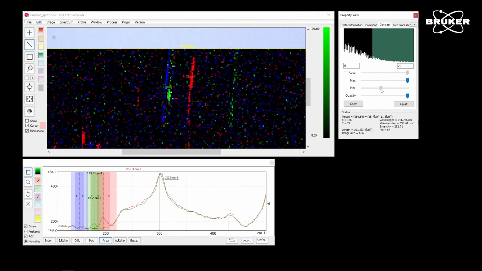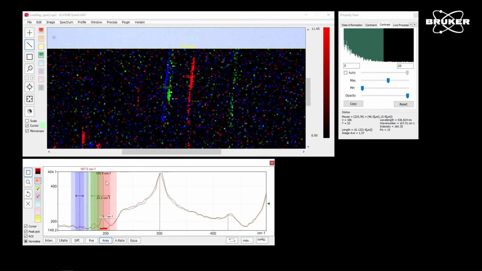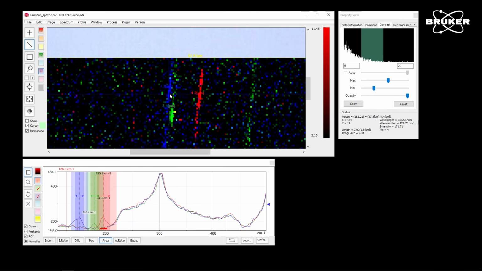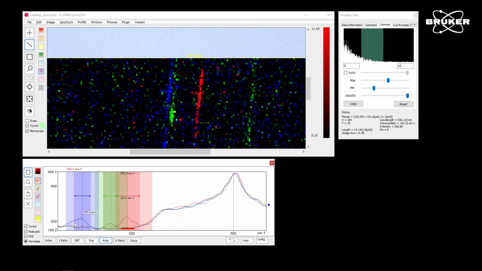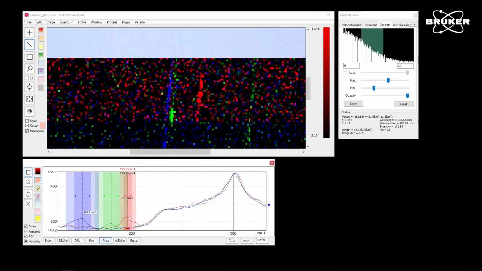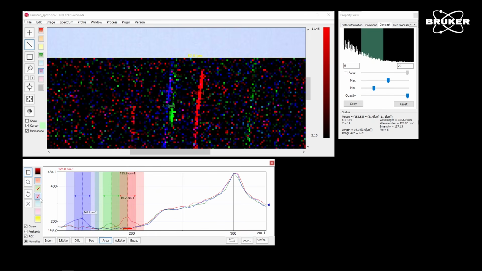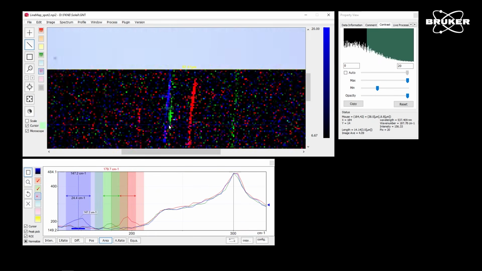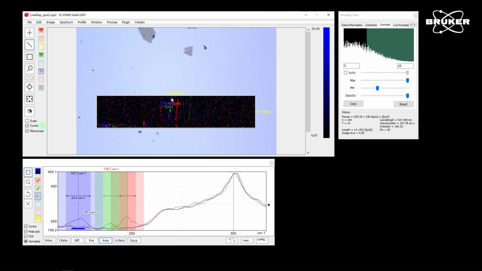If we do that with all of the colors, we can minimize this background noise and see a line in here. If we look at the spectrum that we can get from here, we will see a strong breathing mode in that direction. We should be able to optimize our integration here, since this peak is a little bit broader, and highlight this mode a little bit more.